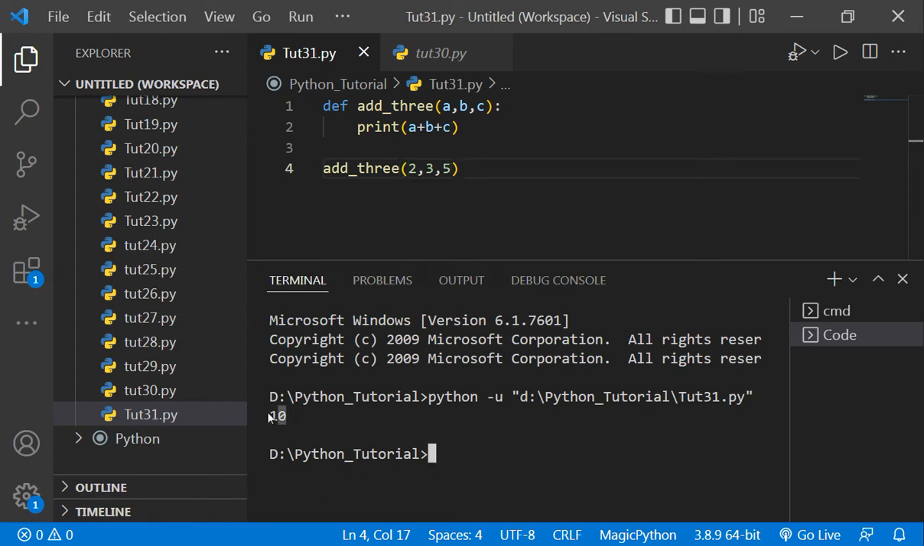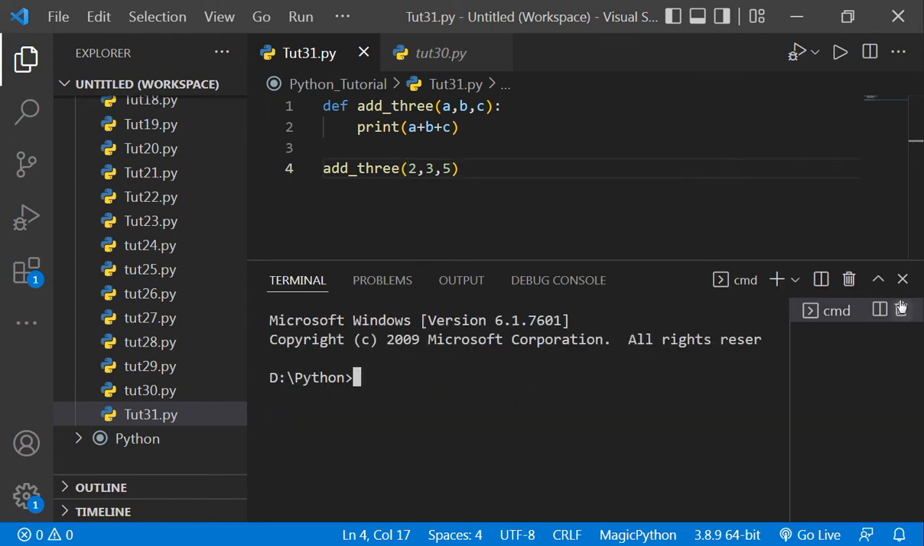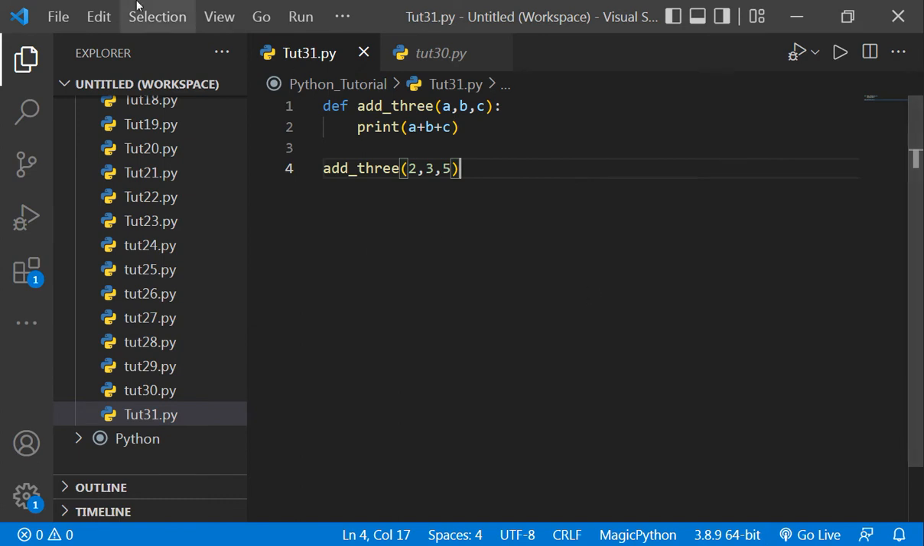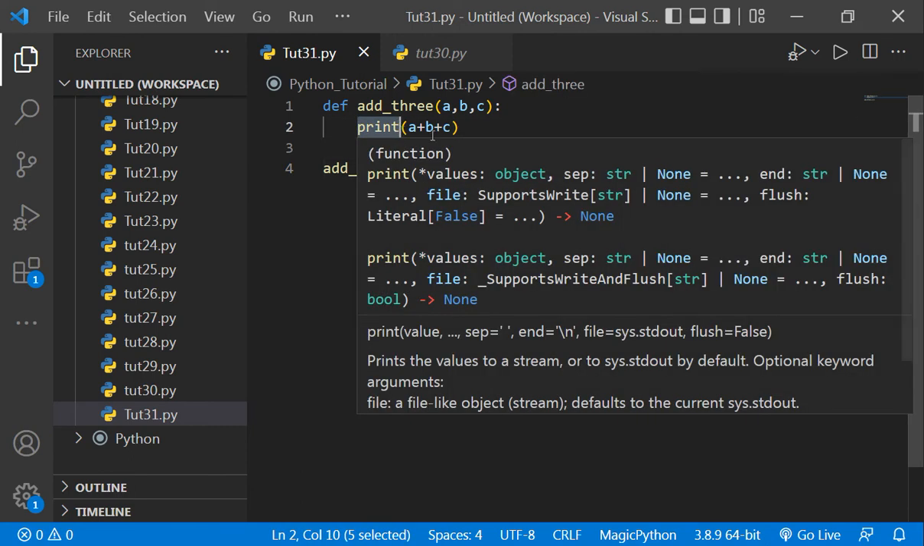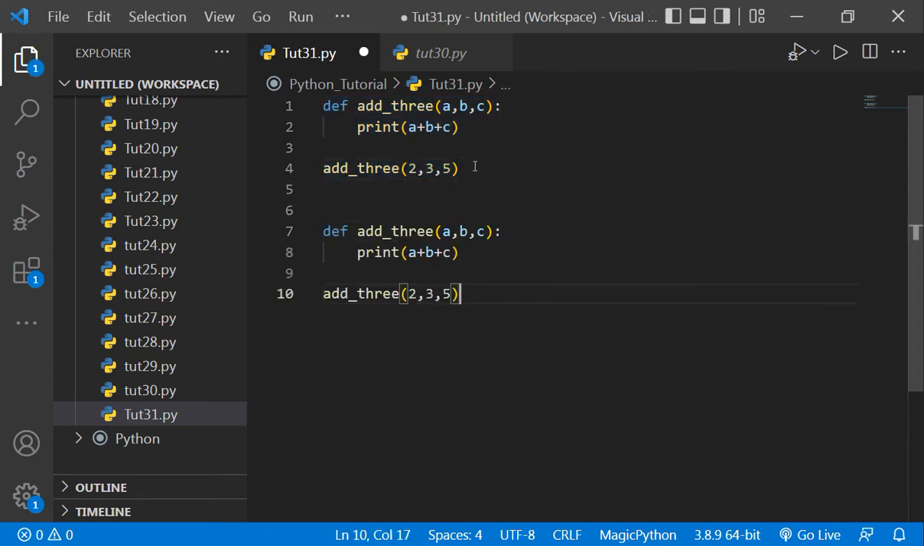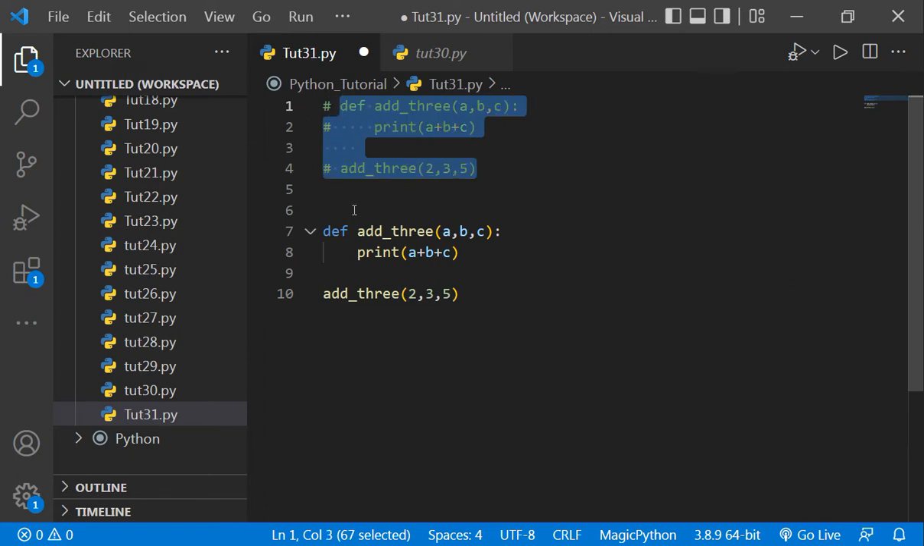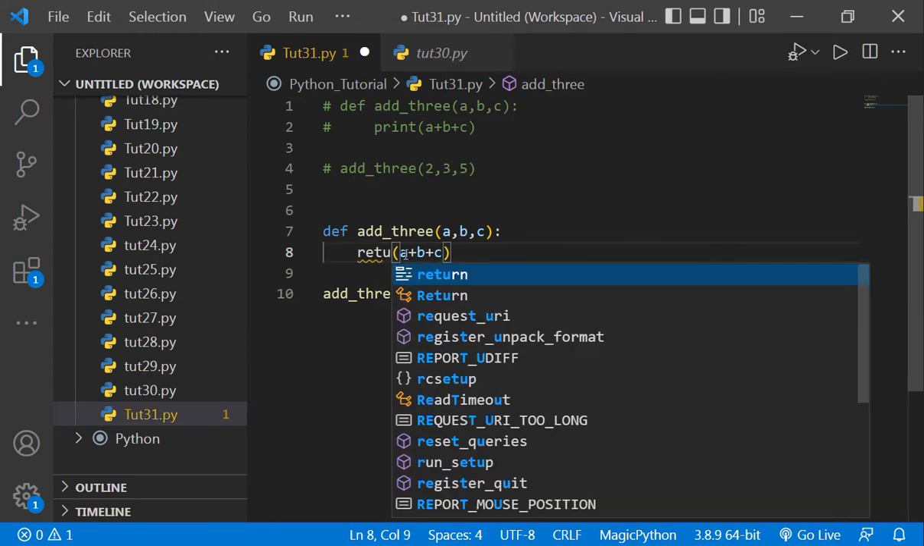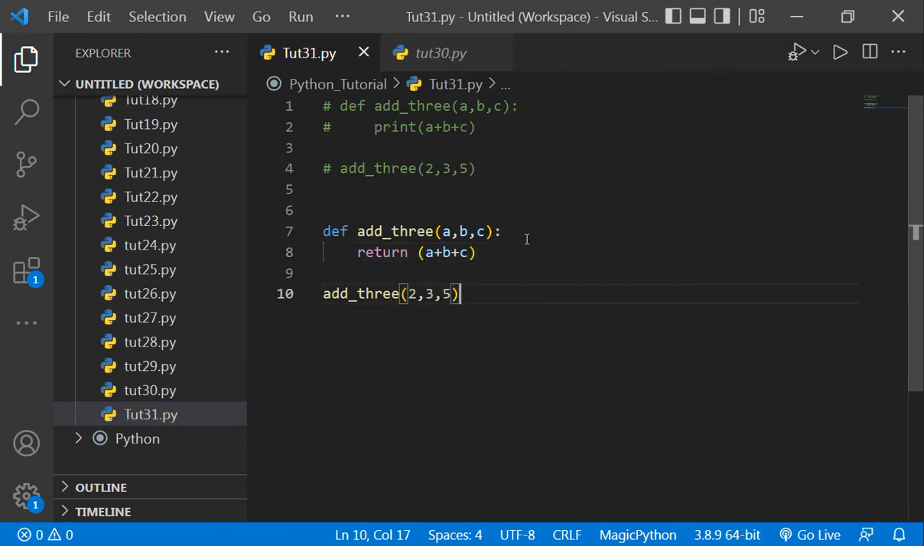see we are getting 10. Okay. It is printing the output directly because we have used print function here. But now if we use return here, let's copy this one and paste it here so that you can differentiate between the two, print and return. So here we will write return. Okay. Now if we are calling the function add3 and giving the three arguments 2, 3 and 5, and when